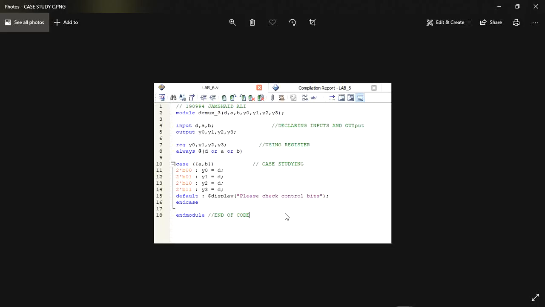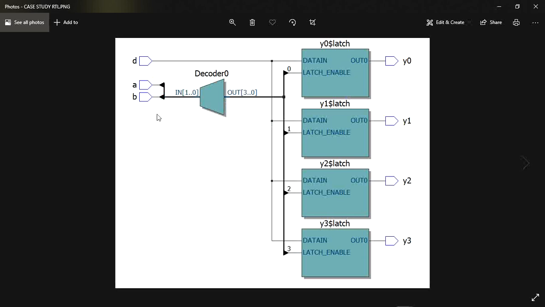And if any of our control bits are not given, then Quartus will show a please check control bits error. So after beginning all of our case study, we end the case and end the module. Now we are moving towards our RTL viewer.